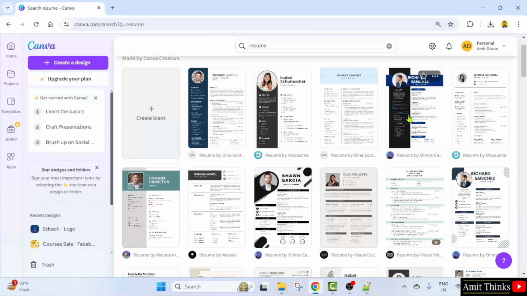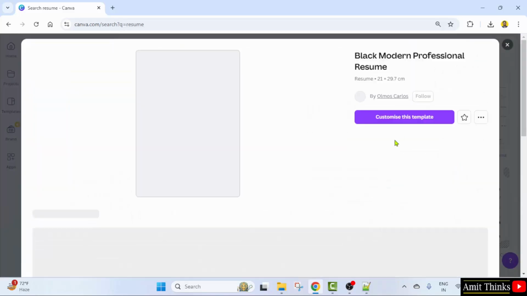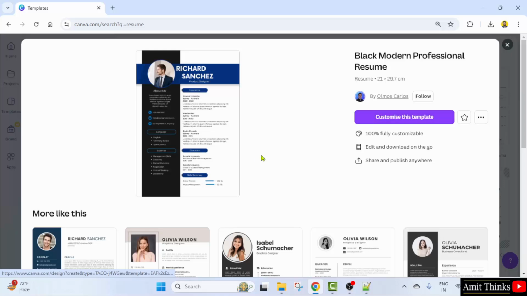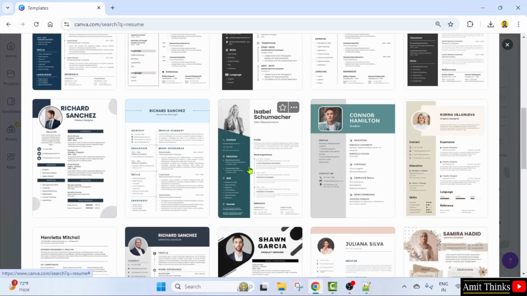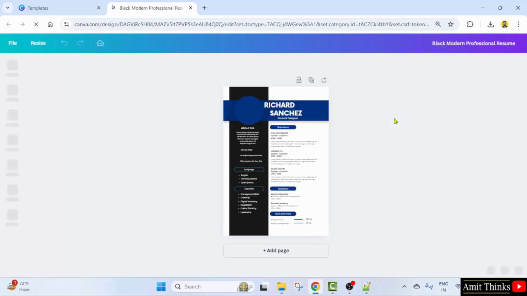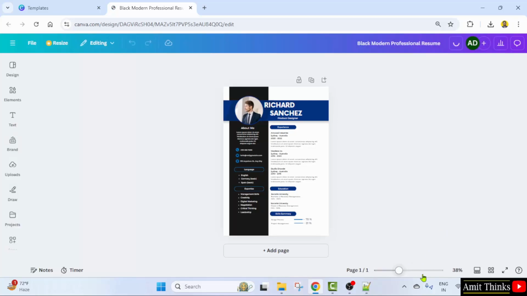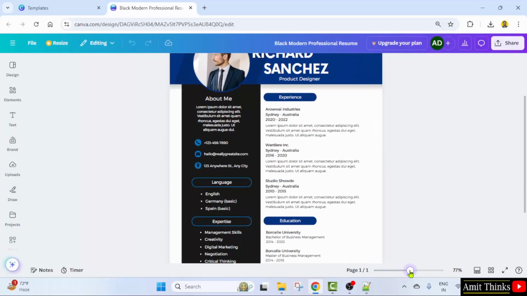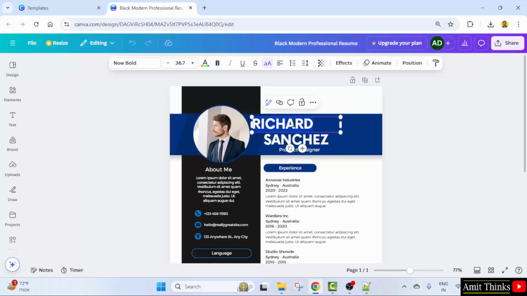Let's say I'll click the following. You can use this template available for free, or you can use any of the below. I'll click here, customize this template. Now I'll do the changes. I'll change my name here first,